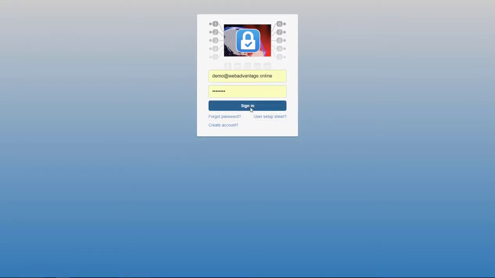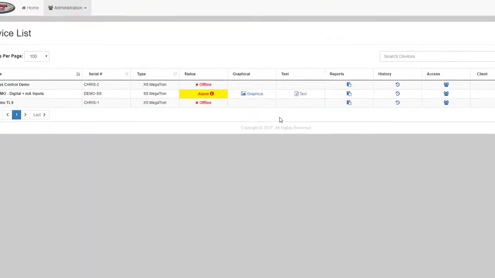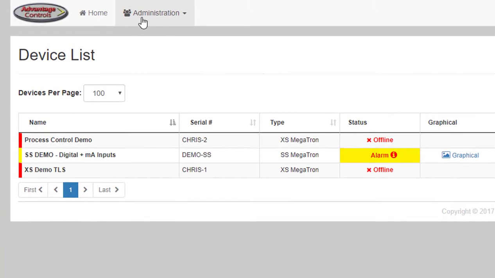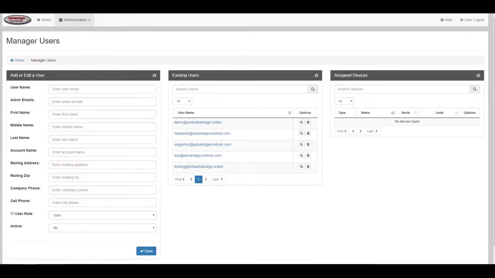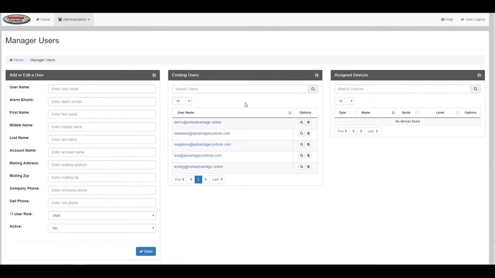Once your account has been approved and activated, you may create users or request devices be added. To create a user, go to the Administration pull-down, Manage Users section. You'll notice that there are 3 sections to the Manage Users page: the Add or Edit a User, the Existing Users, which already have been created, or the Assign Devices section, which will already show the devices that have been